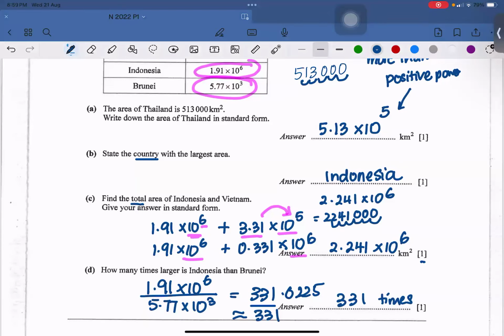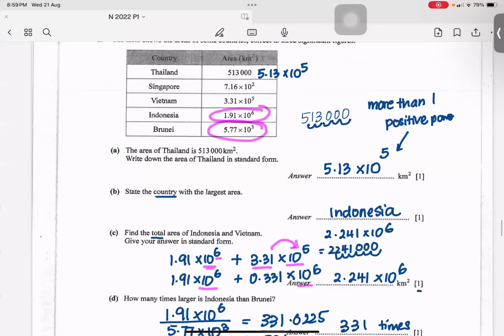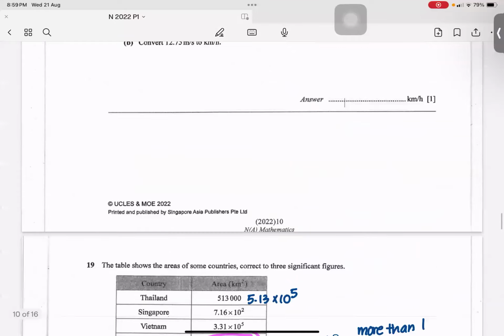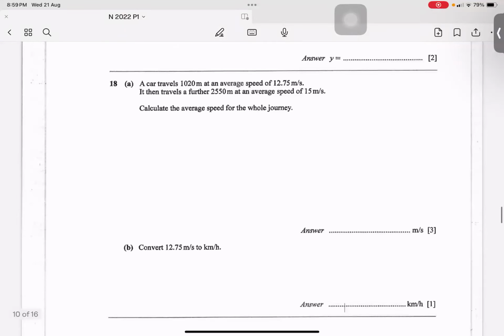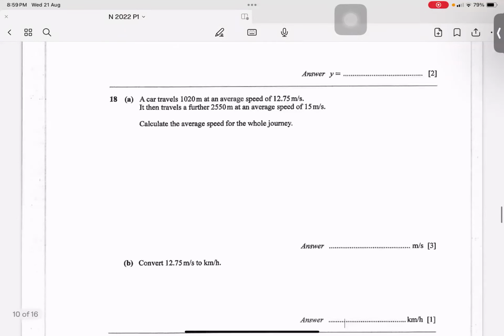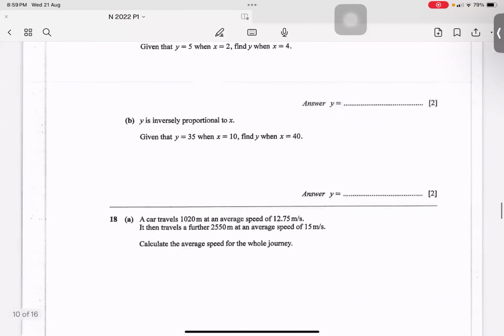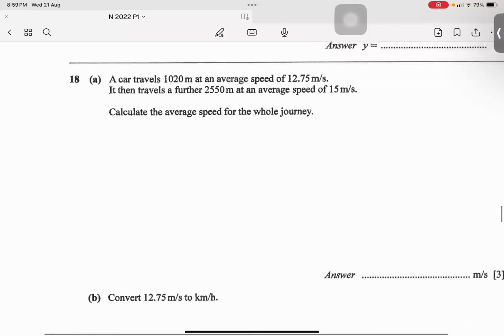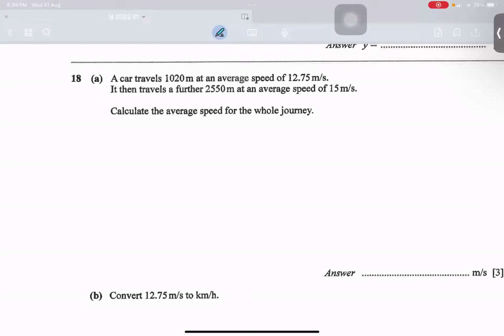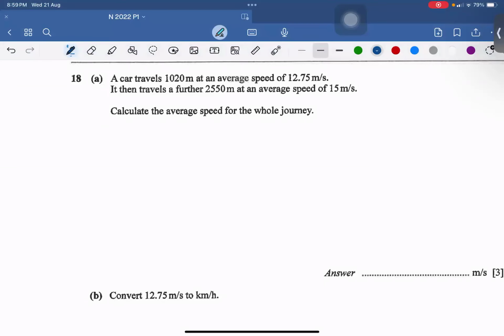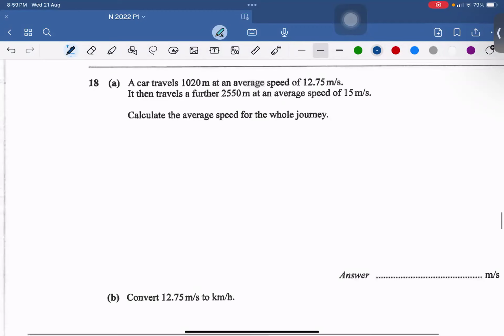Okay, I may not have enough time, but do you need this question? I'll just try to finish up as much as possible. Maybe I'll do the direct inverse also. A car travels 1020 meters at an average speed. So whatever the case, usually I always write for myself,